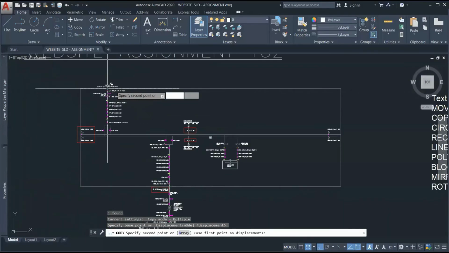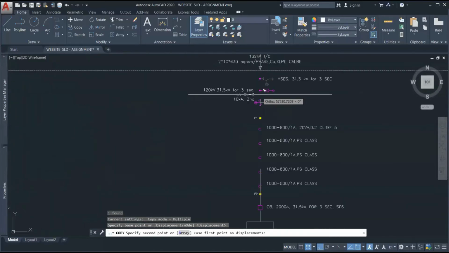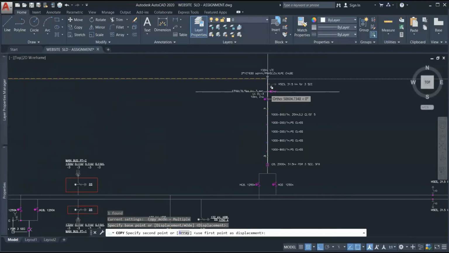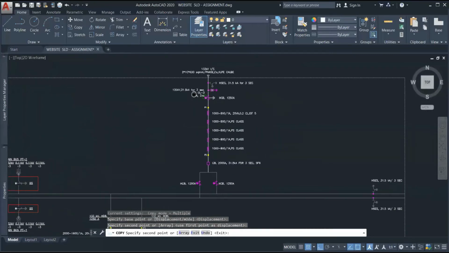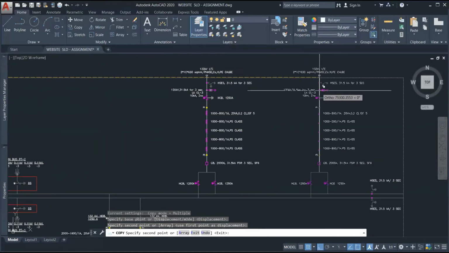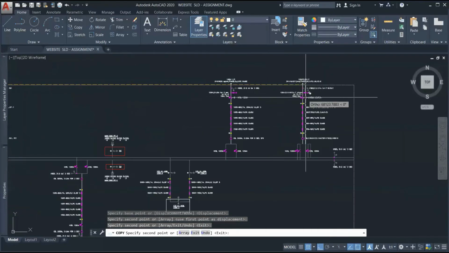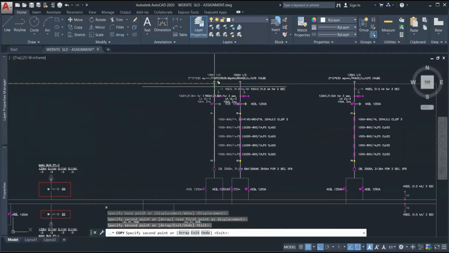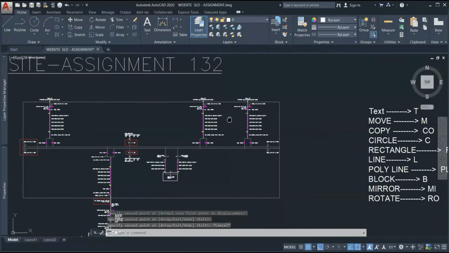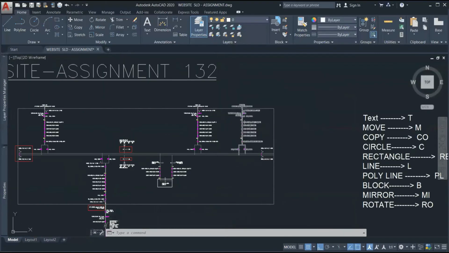Then zoom out a little bit and then move the mouse and click again where you want to place this object. So I've clicked there and the object is placed and it is making another copy. So another copy if I want to make, then I can make and I'll place the object there. Okay, and if you want to come out from the command, just press escape. Just press escape, it will be out of the command, right? So this is how copy command works.